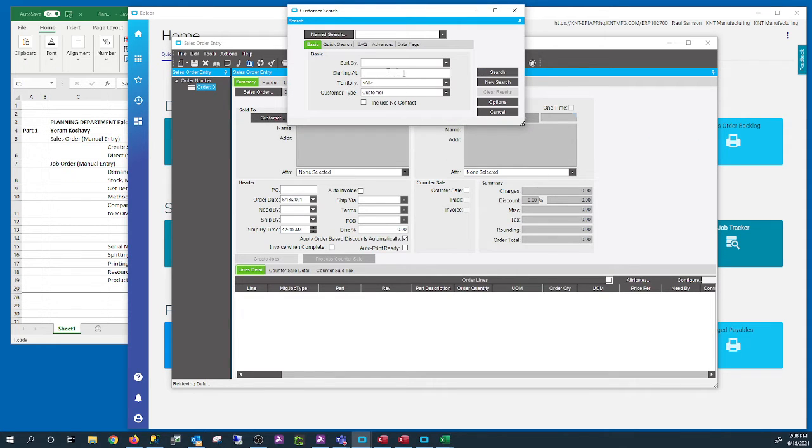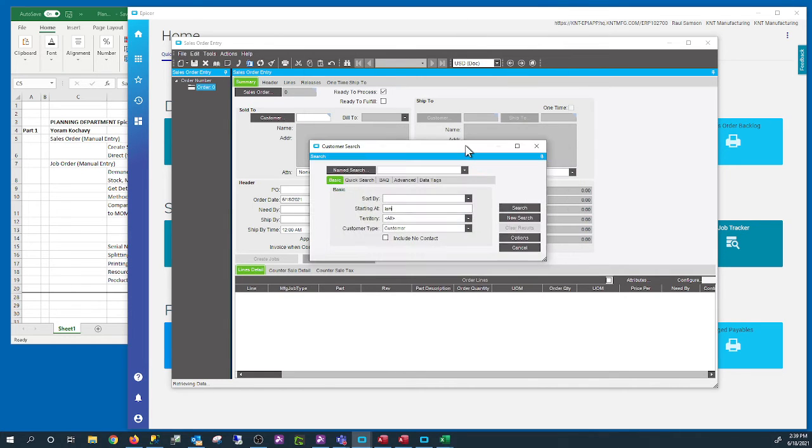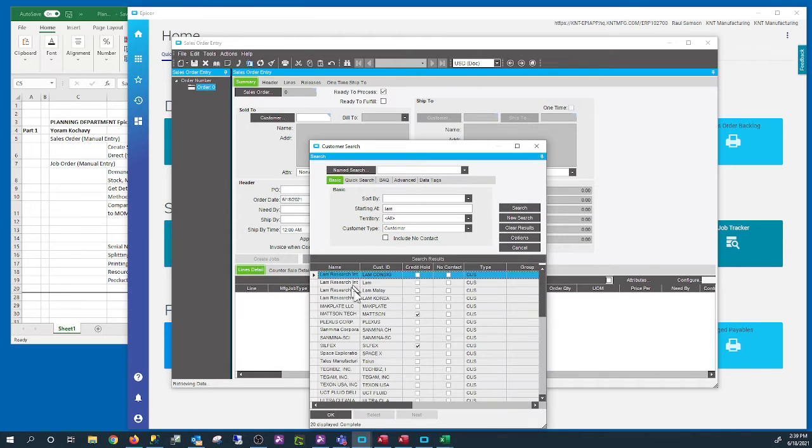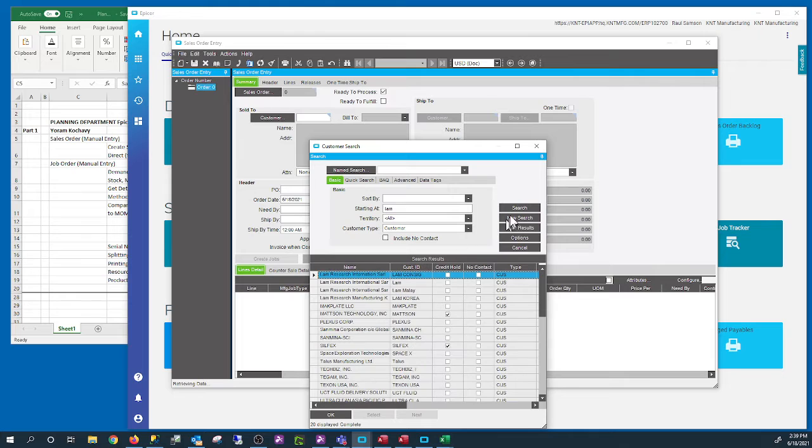Anywhere in Epicor, when you see the three dots, it's essentially a search screen that allows you to search and find anything that you want. See a customer with three dots: anytime you click on it, it will look for customers. Sales order with three dots, anytime you click on it, will look for sales orders. So it's common everywhere. We can do starting with, and we're looking for something that starts with love. We have a few choices, and we can select any one of those choices as a customer.